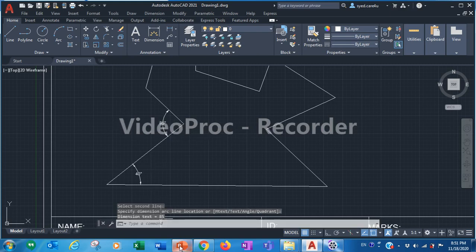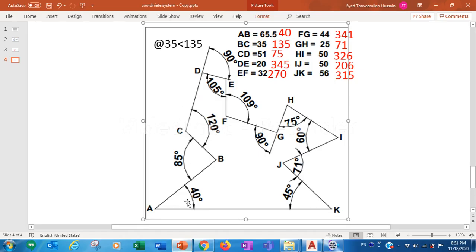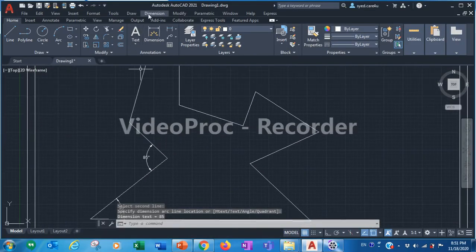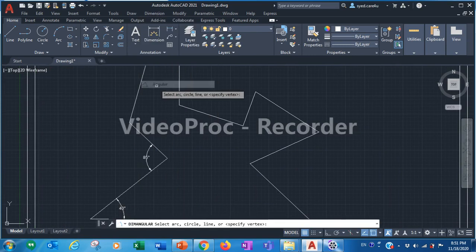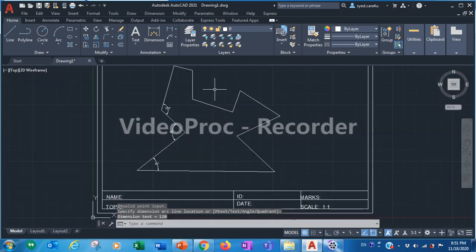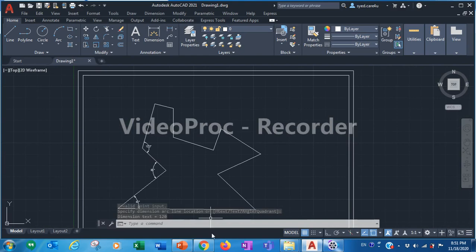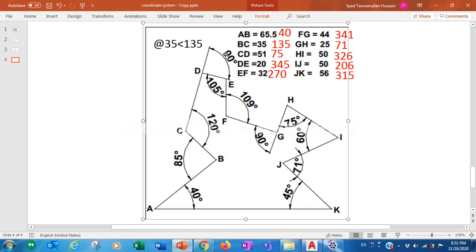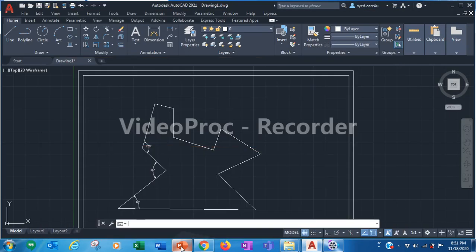Okay, next 120. Go to dimension, angular, click on the first line, click on the second line, click here. Okay, now here 90.